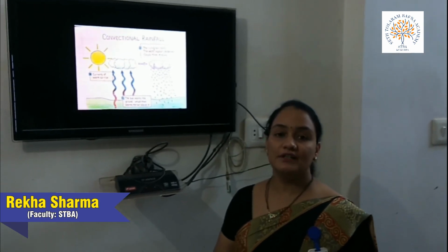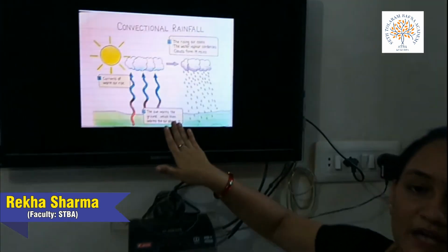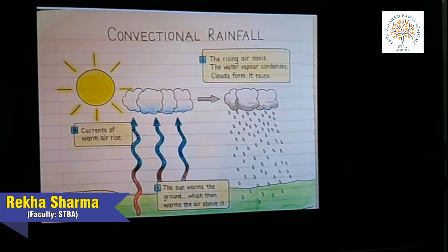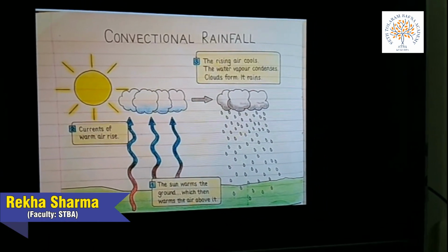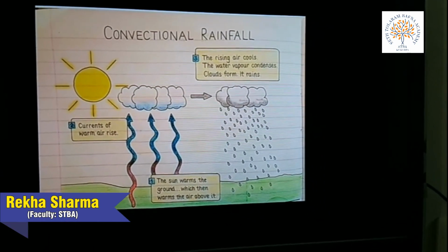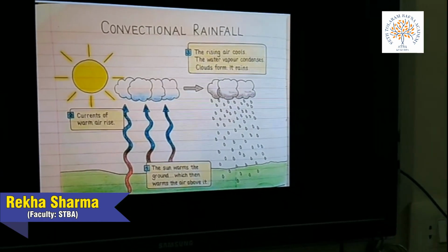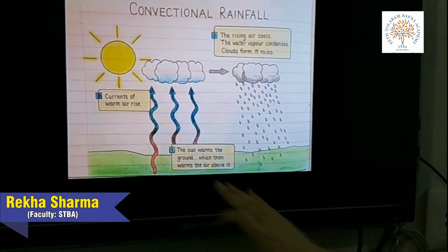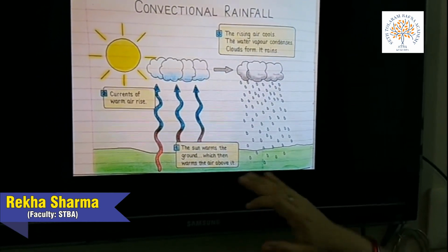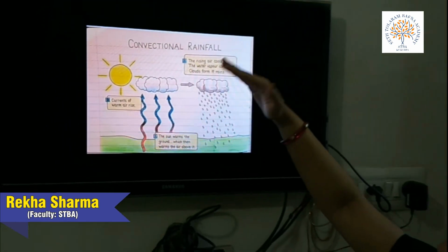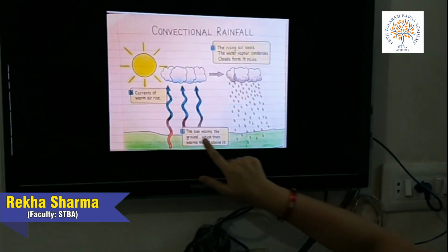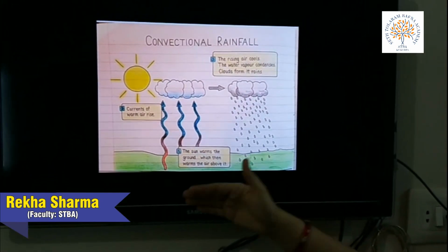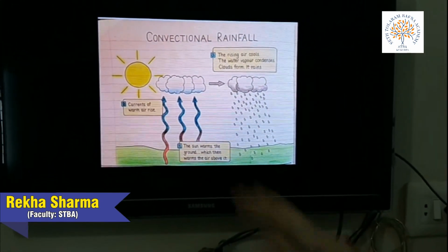Now children, move to the next topic about the equatorial region, that is climate. As I told you in the previous chapter, it lies near the torrid region, near the equator, so it gets the direct heat of the sun. So the land of this area gets very warm from the sun, and the air rises away from the earth. As you can see in the picture, the sun warms the ground, which then warms the air above it, and the air rises and forms clouds.